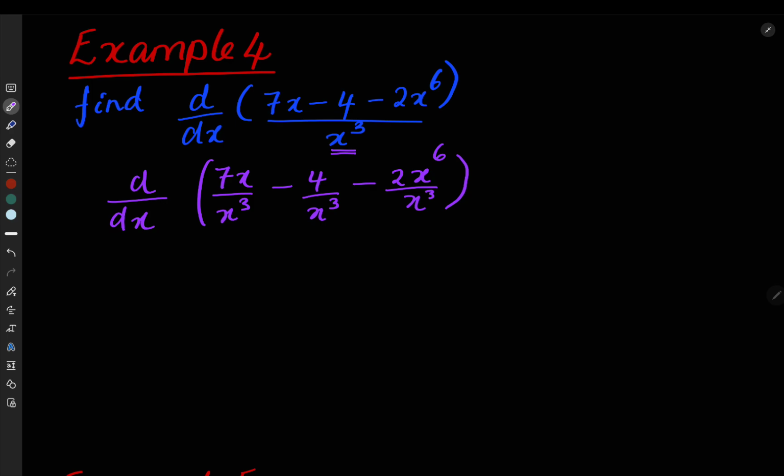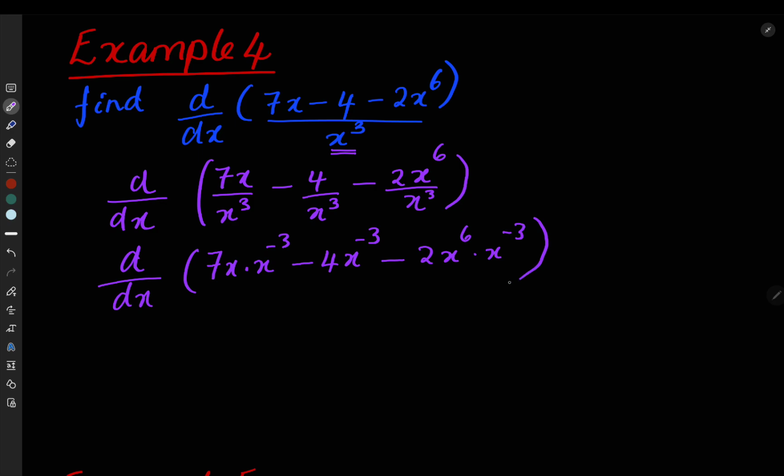We need to bring these variables that are at the denominator to the numerator. So we apply the laws of indices, and that becomes 7x times x to the power negative 3 minus 4x times x to the power negative 3 minus 2x to the power 6 multiplied by x to the power negative 3. Now we simplify this further. Then here, remember, when you are multiplying the